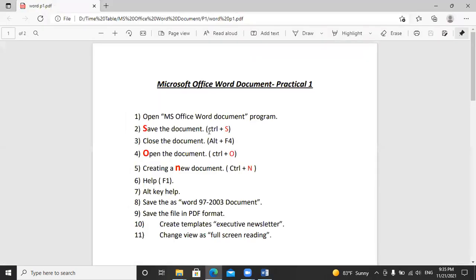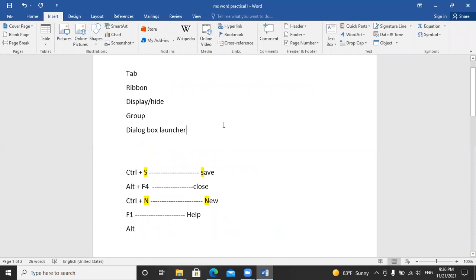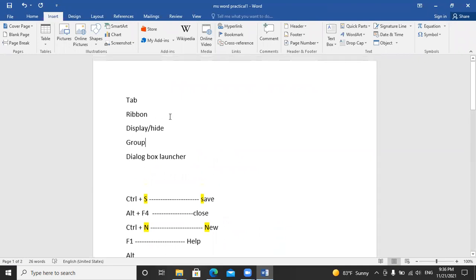Okay, after that, I have to save the file in 2003 document. Why am I going to save it in 2003 document? Actually, sometimes I create a document and send it to another person who does not have Microsoft Office 2016, so it may create an error and it will not open. It is not compatible with the old one. So what I will do, I will change this to 2003 format. So how can I change it?